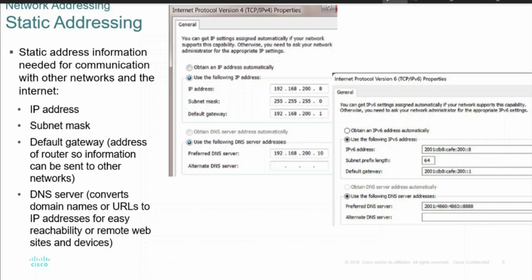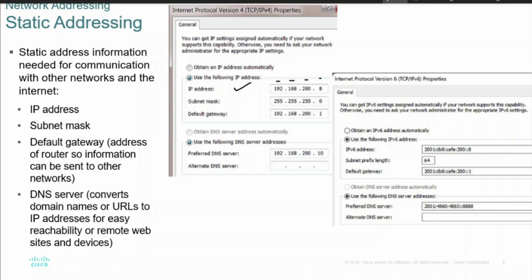Okay, now when we assign an IP address, I told you that you need three things: the IP address, the subnet mask, and the default gateway. The IP address we talked about is in dotted decimal format. It has 4 decimal numbers, each separated by a dot. The second one is the subnet mask. The subnet mask helps you identify the network part and the host part.